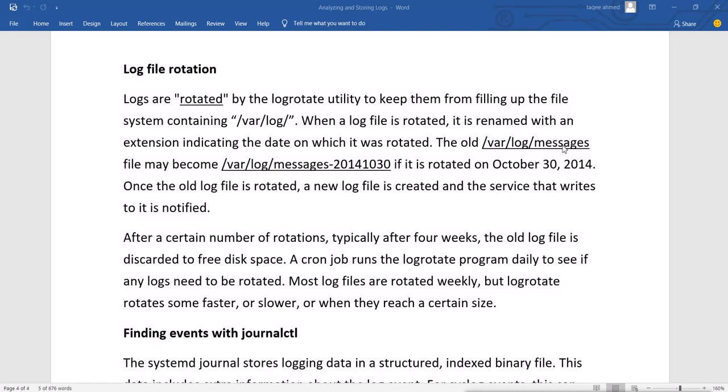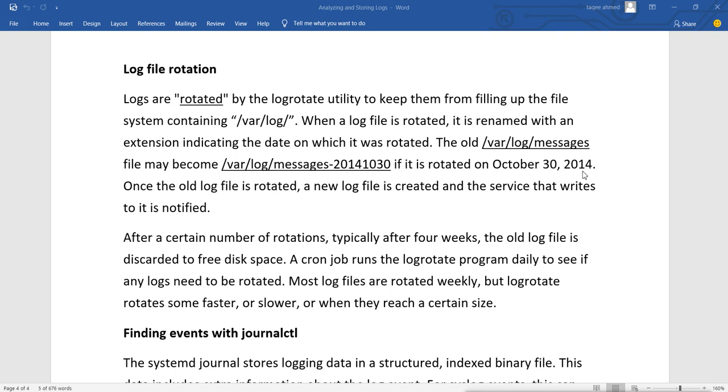Now it has reached a certain criteria, time or certain size. Then the logrotate utility will rotate the log. Rotating the log means it will rename this file messages as, for example, messages-20141030, indicating the date: 2014 is the year, 10 is the month and 30 is the date. So it is rotated on October 30, 2014.